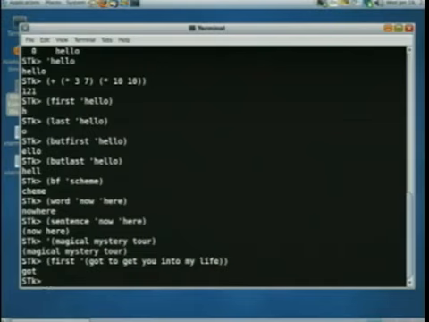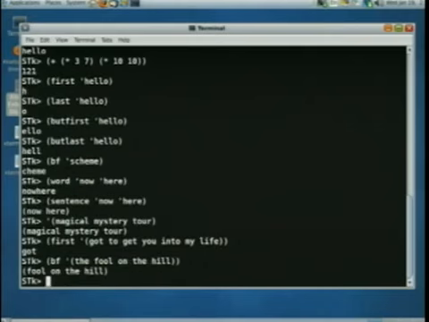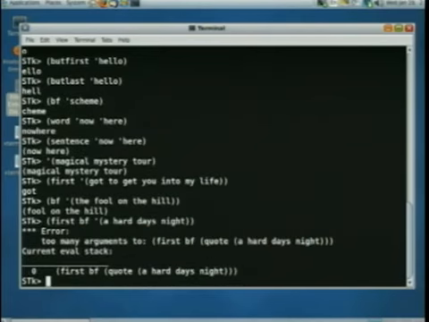But first, last, but last, applied to sentences, carves out pieces that are words. So, but first of a hard day's night, all but the first word. And these can be composed also. So I can say first of but first of